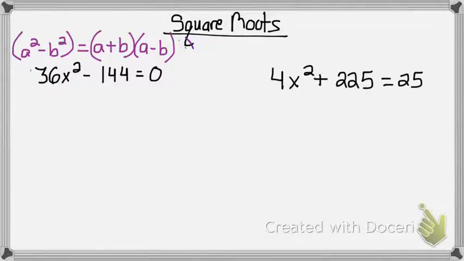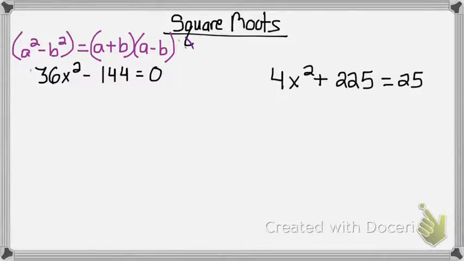Everybody, now I'm going to teach you how to use the square roots method to solve for x. Usually you'll try to check to see if it's the difference of two squares or if it's a binomial. In the first example, 36x squared minus 144 equals 0 is set up as the difference of two squares. So you'll use the formula a squared minus b squared equals a plus b times a minus b to